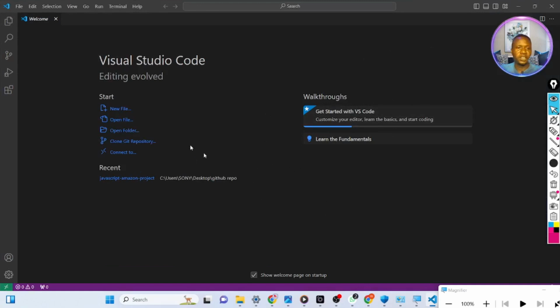Yes, your interface will look like this. Now let's go out of Visual Studio Code to create a folder. This is a folder where all our files will be saved in. So